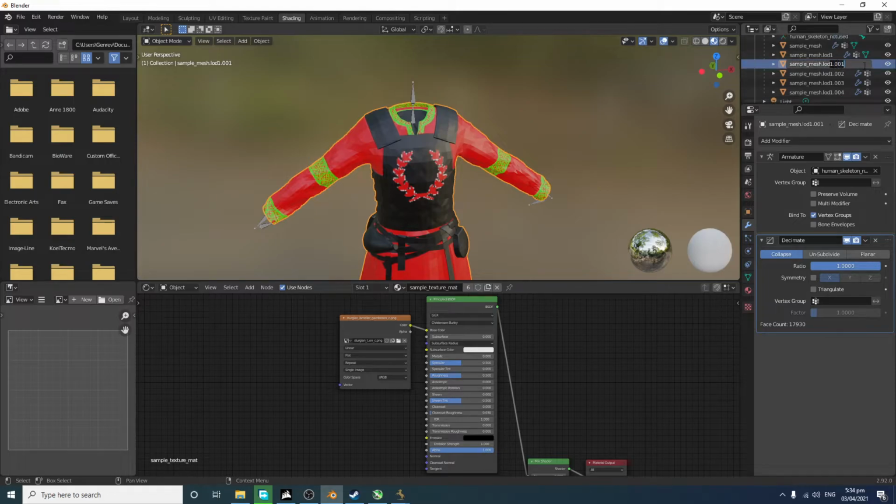Just change the suffix to 3, 4, 5. You can also add 6, but I'm not sure if it will change something. So let's use 0.8, which is 80%. It will decimate